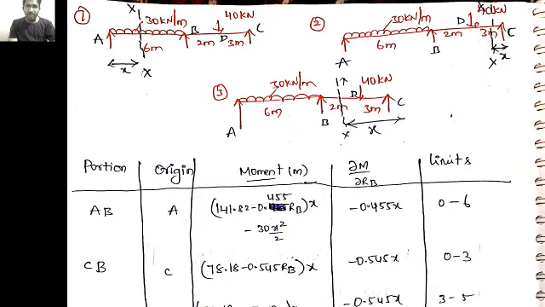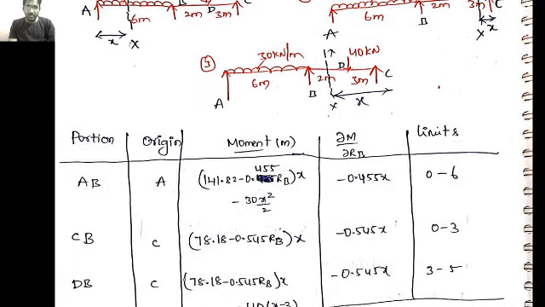And finally, what about the dou M by dou RB? The moment with respect to RB only. While we are differentiating with respect to RB, finally I got 0.545 X. So what about the limits? It goes from C to D, so here we have to take 0 to 3. Again, we are taking it separately from point C, so that's why we take the limits 0 to 3.